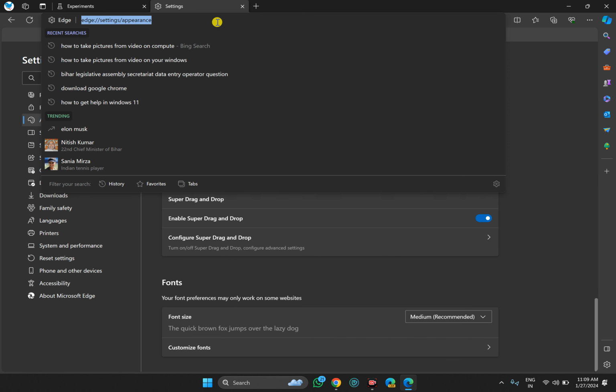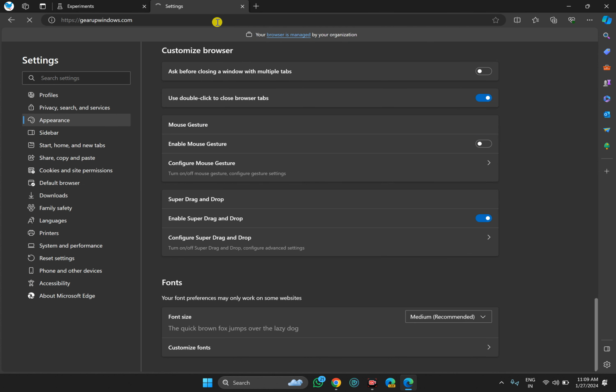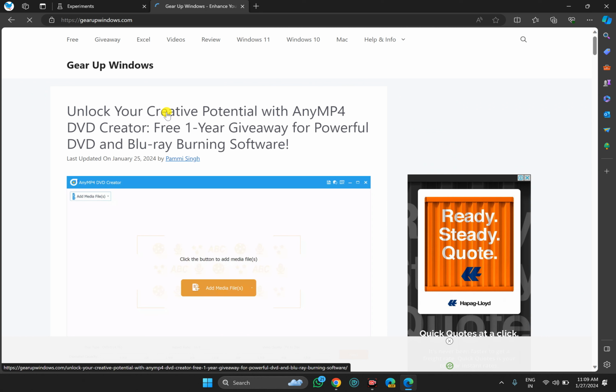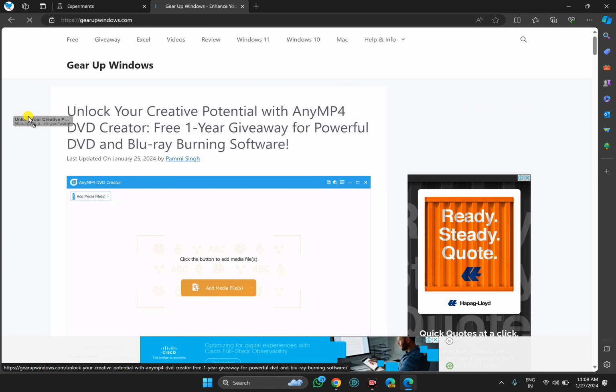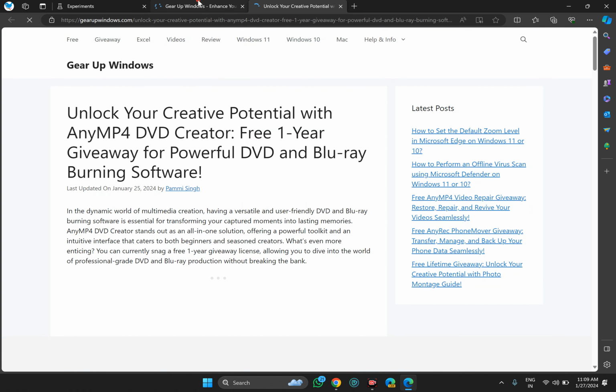After that, whenever you open any website and you want to open any link in a new tab, simply select and drag it on the same window. It will open the link in a new tab.